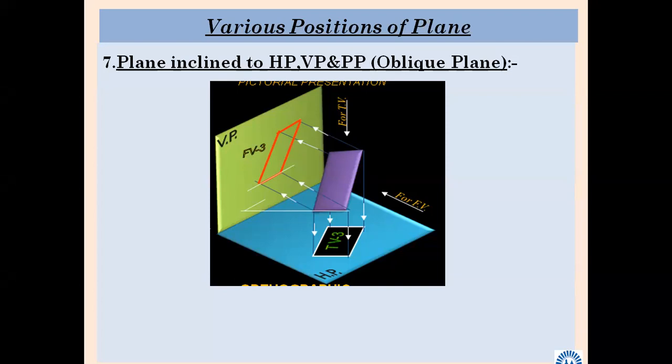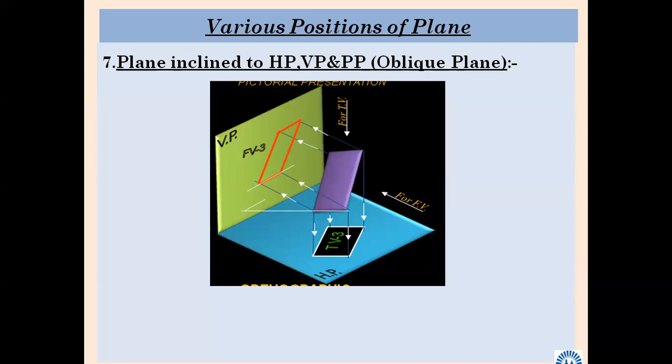You imagine and you tell. Imagine after the lecture. Is it possible that a line remains parallel to all planes? Is it possible? Not many times we have seen. If a line is perpendicular to one plane, it will remain parallel to the other two. So forget about it. So the definition of an oblique line was what? The line which is inclined to all planes.